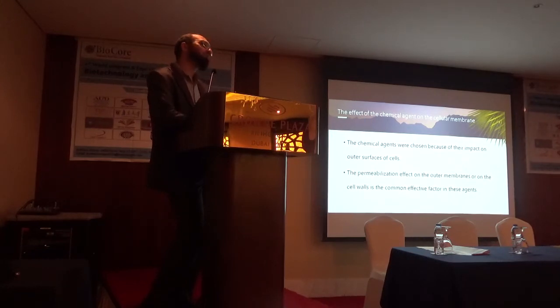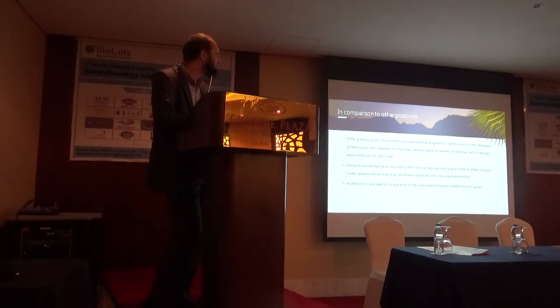Why have we used some chemical agents? Chemical agents were chosen because of their impact on the outer surface of the bacterial cells or bacterial membranes. The permeabilization effect on the outer membrane or on the cell walls is the common effective factor of these agents. In the previous protocols, for example, sodium hydroxide was used as a single agent